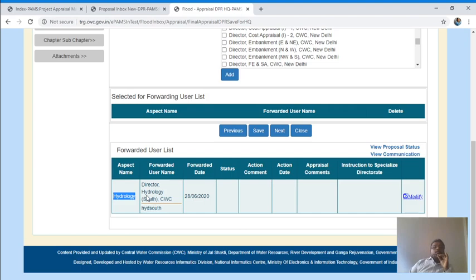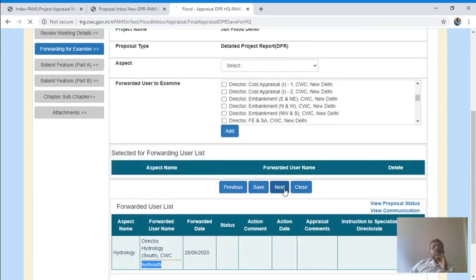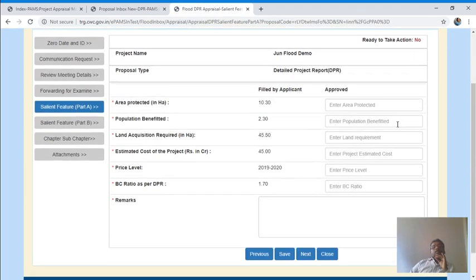Now this proposal will be visible in the login of this user. Salient feature part means the further next screen, whatever parameters are approved by your headquarter, will be entered here.